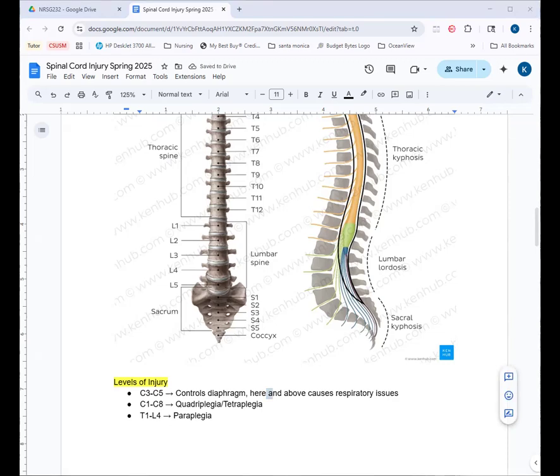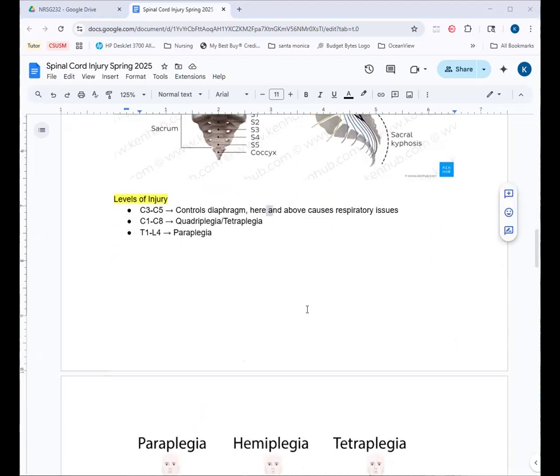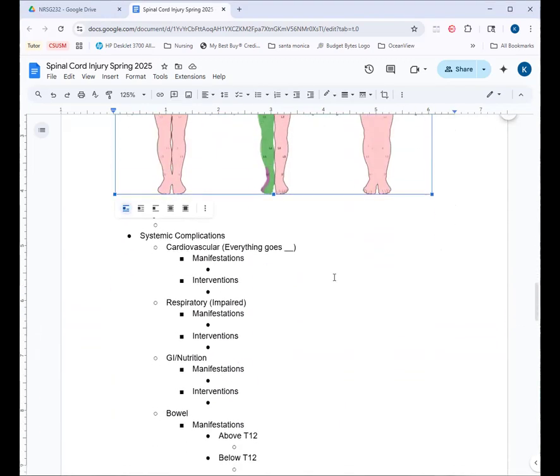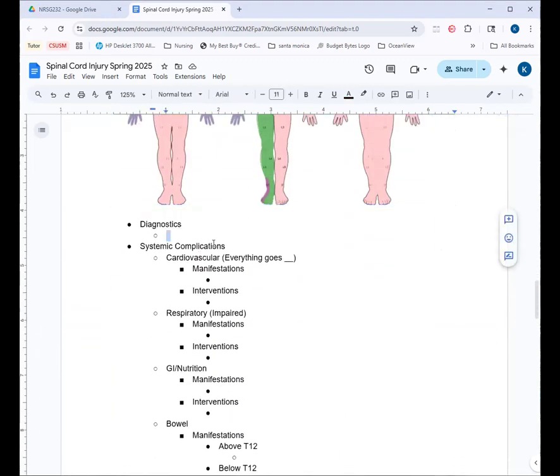Thanks for catching that. Okay, where am I at here on this side? Here we go. So levels of injury, here's a picture. Cool. What diagnostics would you expect them to run on somebody who